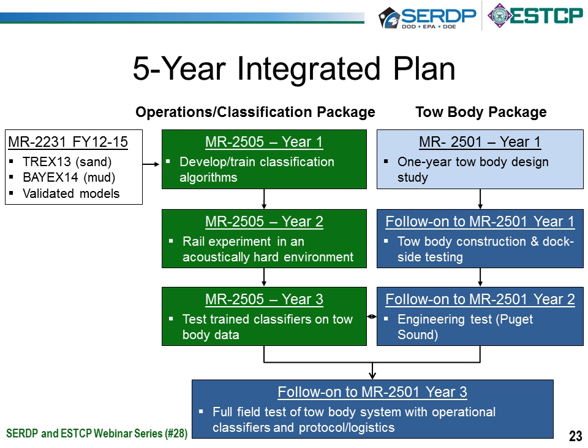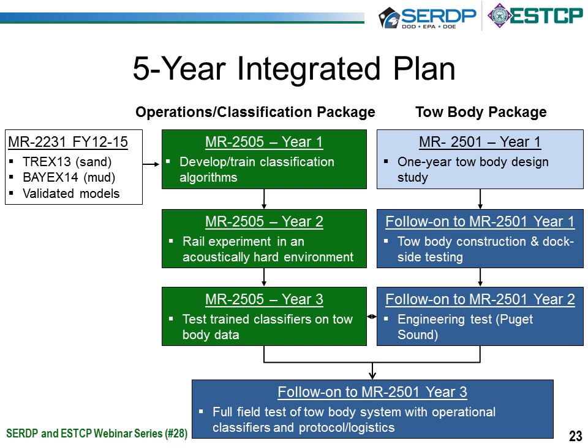Okay, don't get too bogged down in the details here, but what this does is map out how we envision these 2 projects progressing over the next 5 years. The subject of the talk today is going to be these green boxes in the center of the page. And again, this is the operations and classification package. So we're in year 1 of this, in which we're developing and training classification algorithms. And we're doing this by using work that was done over the past 3 years, and that's what Tim's going to talk about: some field experiments and some models we've developed, and how those 2 in conjunction are feeding into our ability to develop and train these classification algorithms.